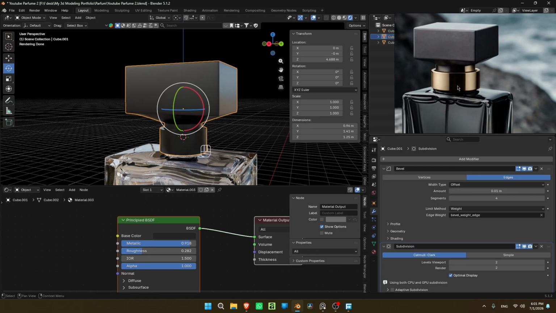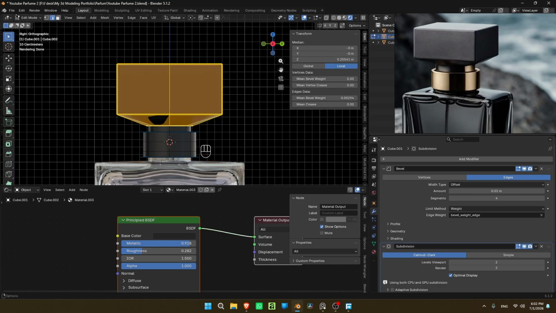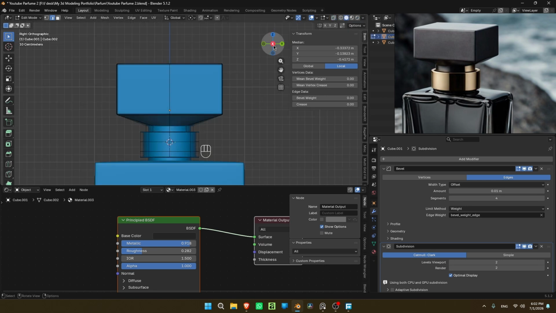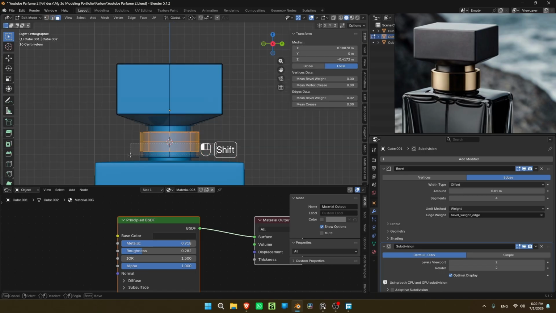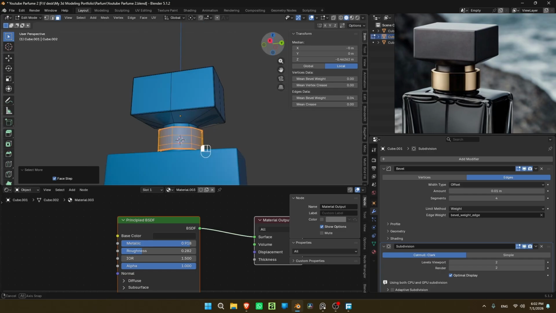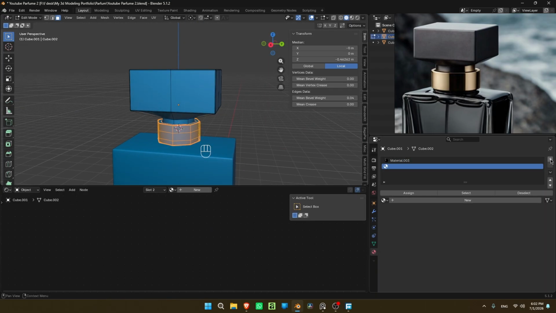To add this gold part, we hit Tab to go to edit mode. We enable X-ray, and we can select these faces, just like so, and the ones inside. Here we select this one, and we go to the material tab.